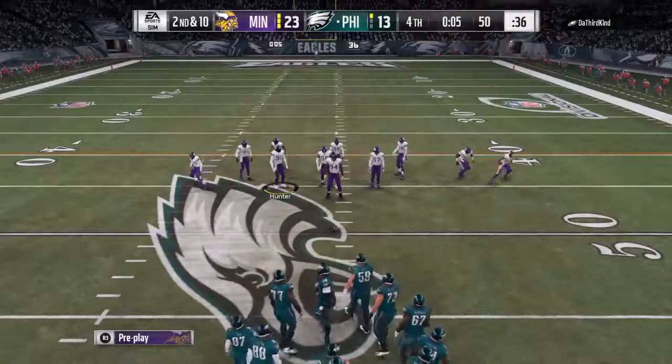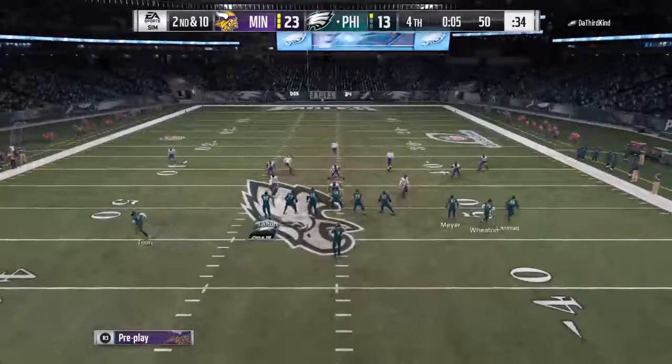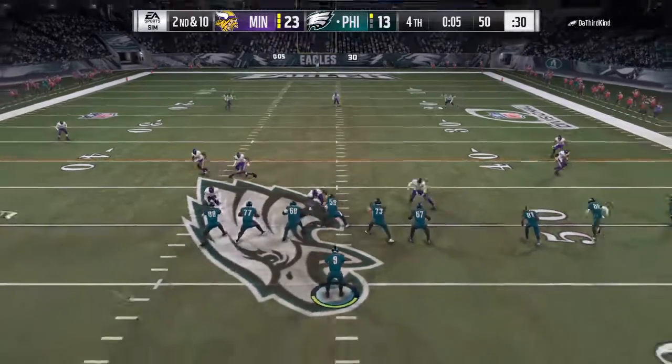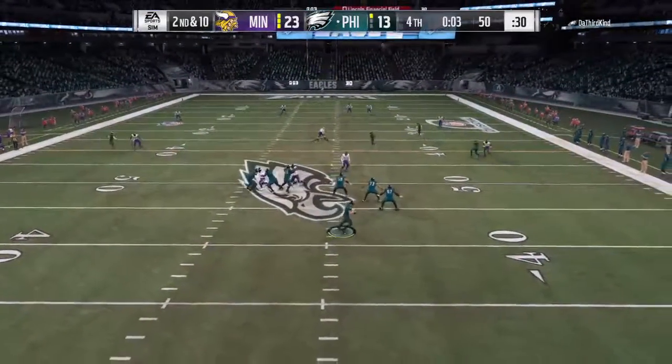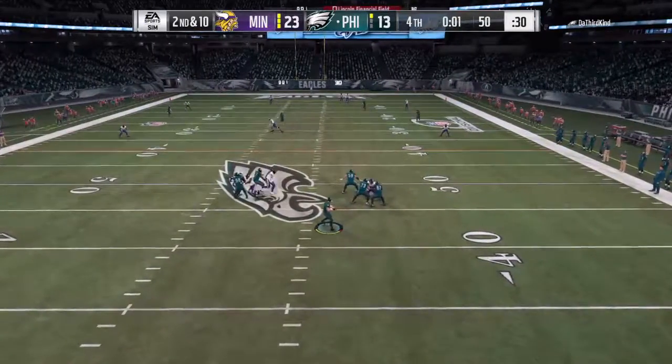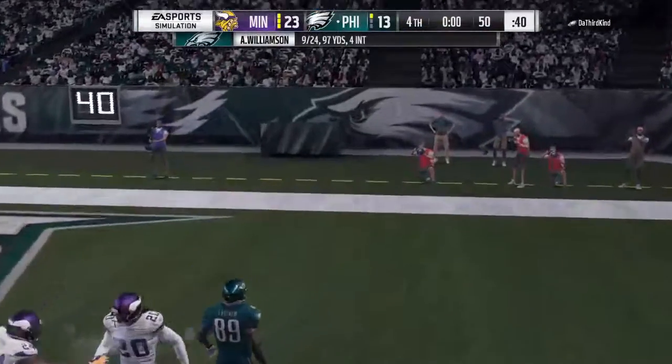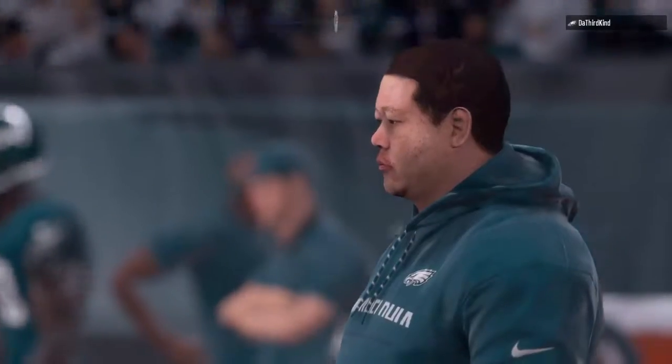Got to be wary of throwing an interception here because the defense knows they're going to get tested deep. That's why they're going to put a couple of extra guys back there to try and prevent that. Yeah, late in the fourth quarter here, trying to preserve the lead. Now a desperation throw deep downfield, and that will be incomplete. They were going for a